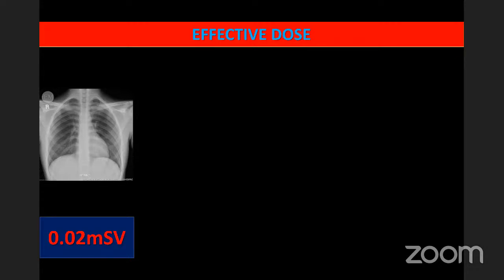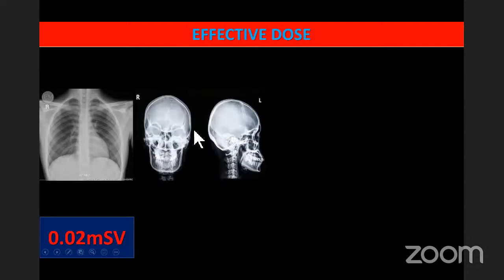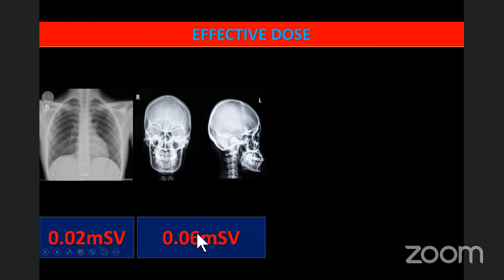I'll give you a few values. This much is the only thing you need to remember. Beyond this, you can just assume that the chest X-ray is this much, pelvis is this much, maybe abdomen is this much. The second thing we need to know is the head. AP and lateral skull is 0.06. Why does this become more exposure? Whenever there is more and more bone, you have to get more and more contrast, so again you will have to increase the dosage.